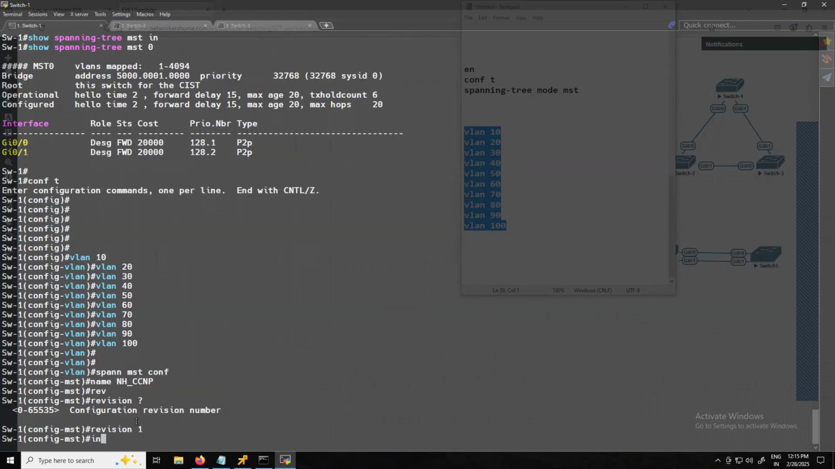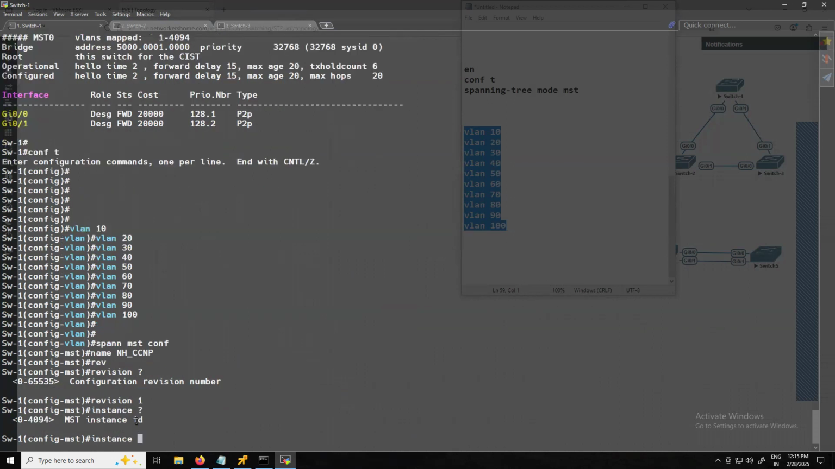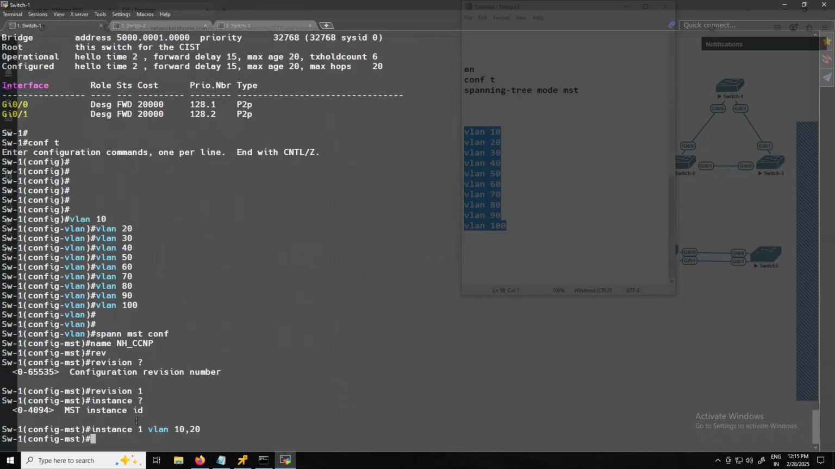So I'll say instance, then I'll give the instance ID. Let's say 0 is already there by default. So instance number 1, VLAN, and let's say I want to map VLAN 10 as well as VLAN 20. These two VLANs I want to map. Then I can say